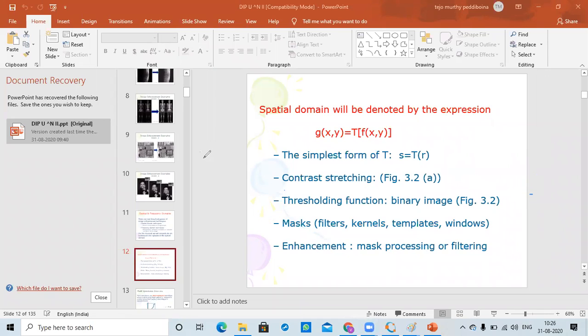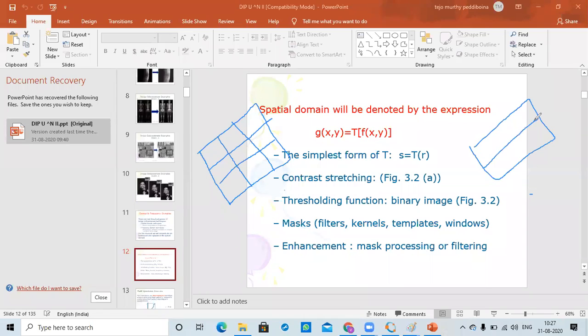Don't worry about it. Now I have an image like this, the same previous example. For simplicity I am taking only 4 values; it is not possible in real time.